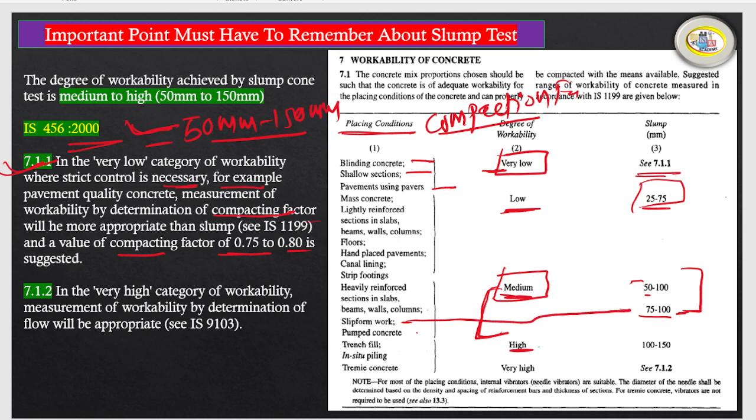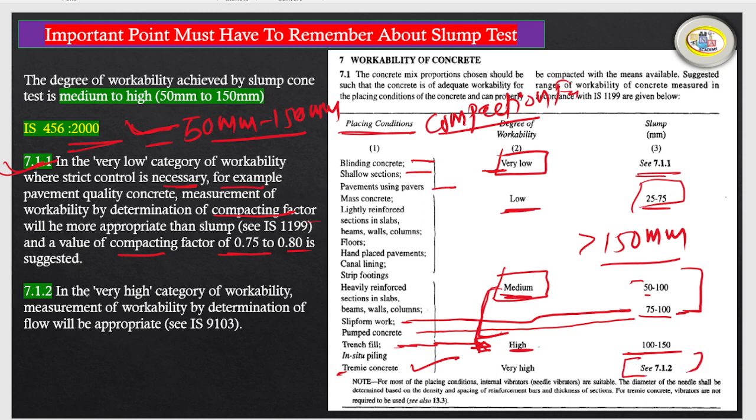For pumped concrete, again this is okay. Now, for trench fill we use high workability concrete, that is 100 to 150, and for tremie concrete we use very high, meaning greater than 150 mm. उसके ज़्यादा slump हम tremie concrete में use करते हैं और that is very high. So again they are asking for, see that,